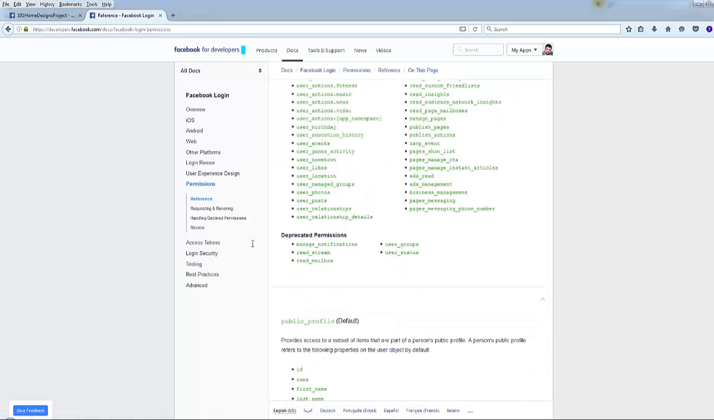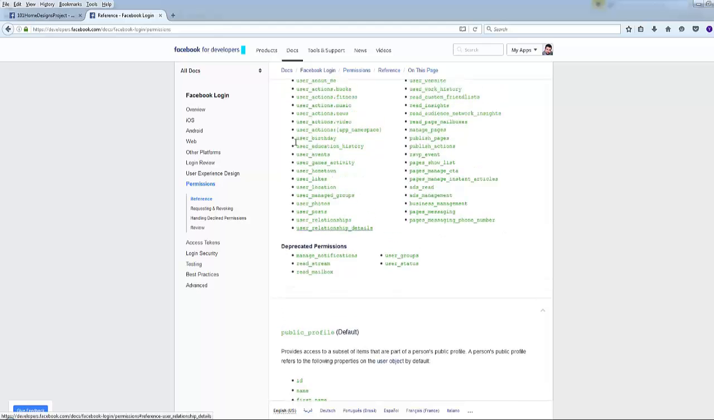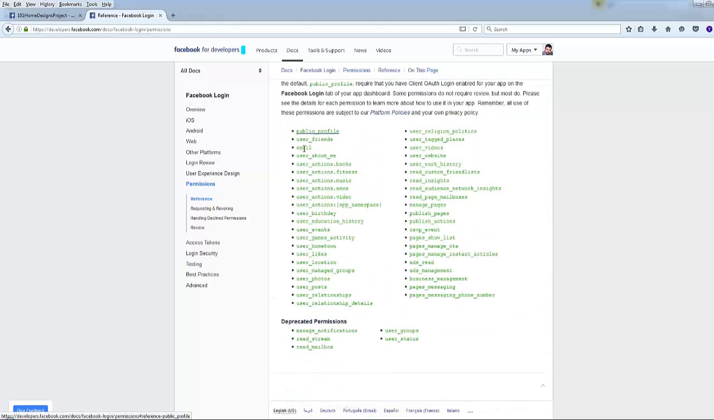The public profile implies all of those properties: the ID, the Facebook ID of that user, the name of the user, the first name, the last name, the age range, and all of this information. So by typing public profile, you will get all of that information. As you can see, you can ask for the user's videos, you can ask for the user's birthday. Whatever you ask, the user will be warned that those particular data will be sent to the website he tries registering into. So let's close this page